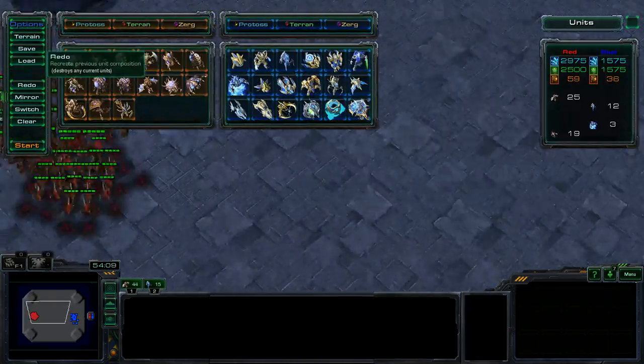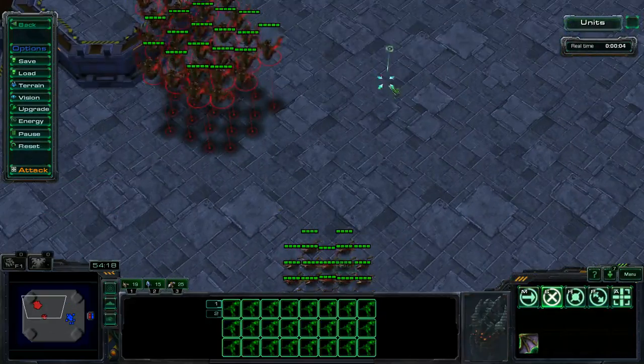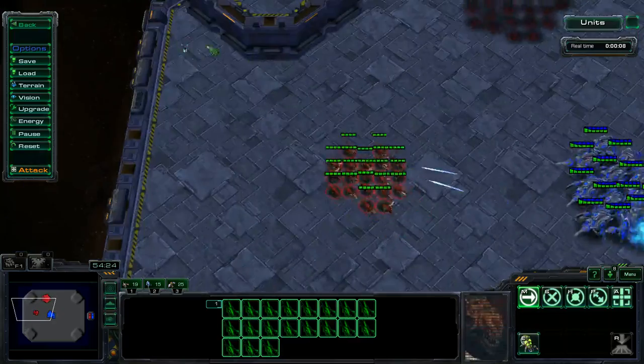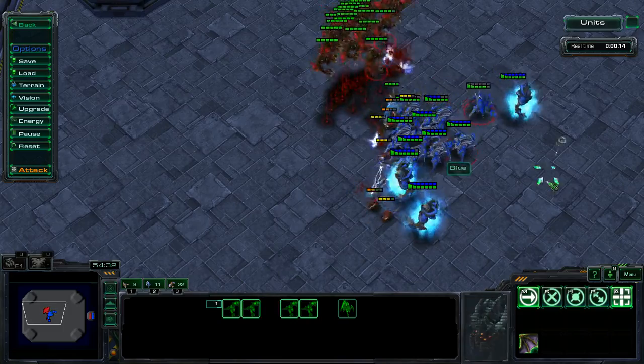And one more time, now we're going to add in the Zerg lings. We're going to see with magic boxing and Zerg lings how my army fares against his. So I'm going to try to bring the Zerg lings in from the same angle that the mutalisks come in from. So that way, instead of hitting the mutalisks,